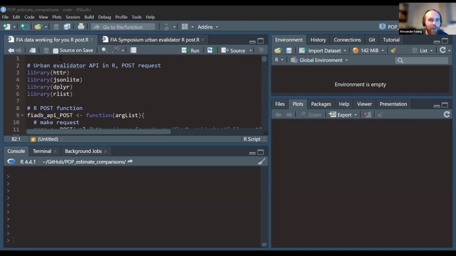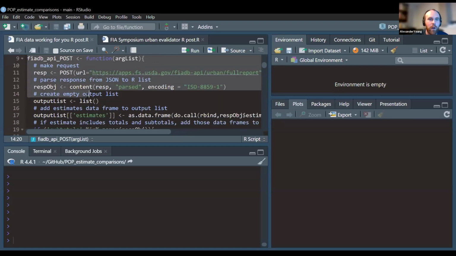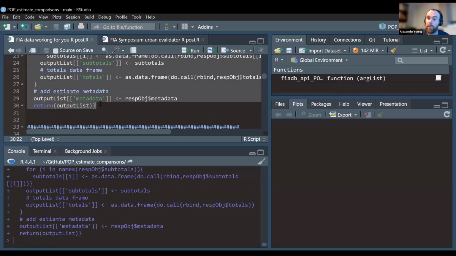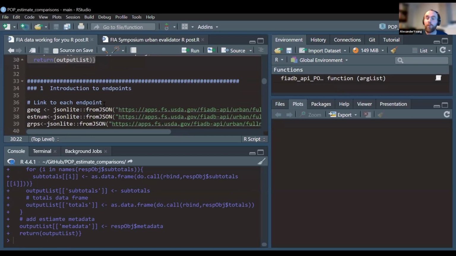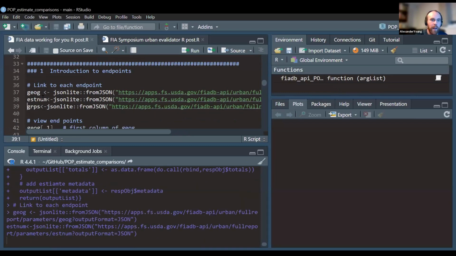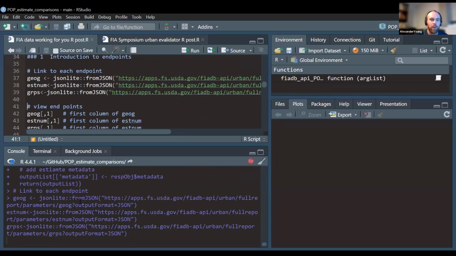All right, so we're going to load a couple of the libraries, and we're also going to load this function into memory. I should say that this example of how to access the R post is available in the Urban Evalidator documentation, so you can find this code available online. But for our live introduction, we have gone through our endpoint introduction. So we can read in the geography, the SNUM, and the grouping endpoints into your local environment,